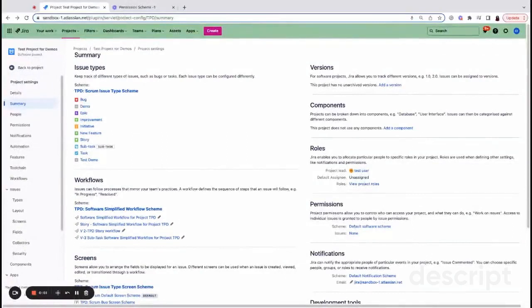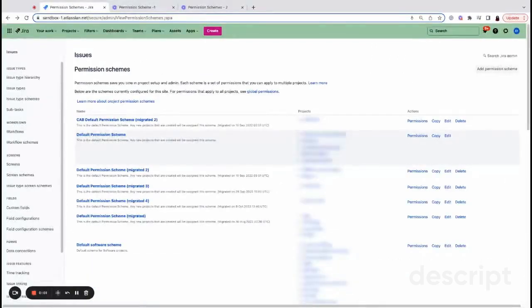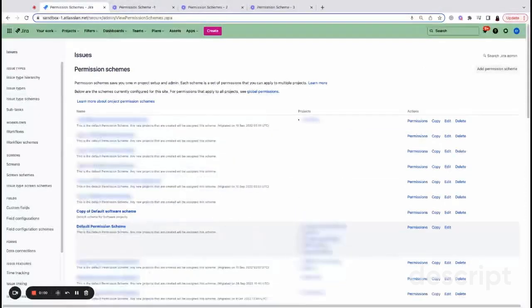To create the permission scheme, you have to have an administrator role. So now let's go and create a permission scheme. You have to click on the system cogwheel on the top right corner and click on issues, and in the default permission scheme click on copy. Now you will see the copied version of the default permission scheme. You have to go all the way to the edit, click on the edit button of the copied default permission scheme